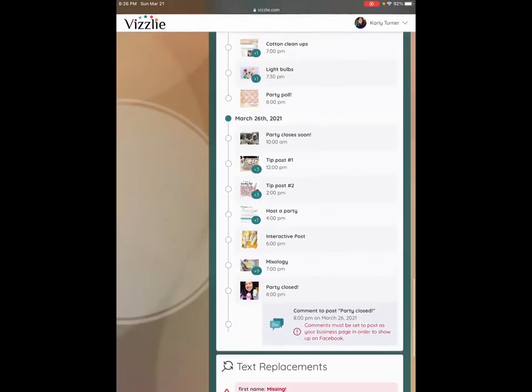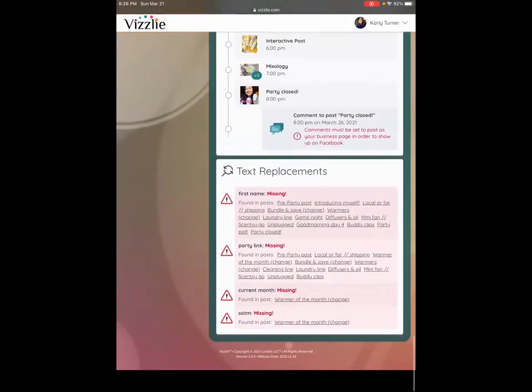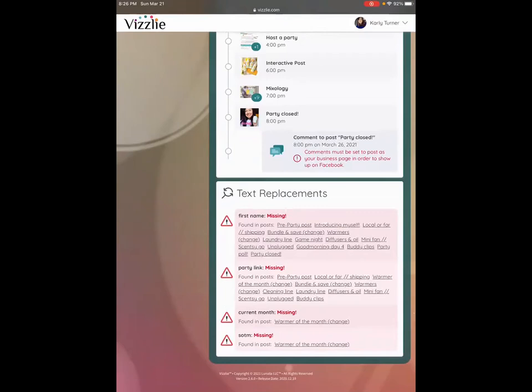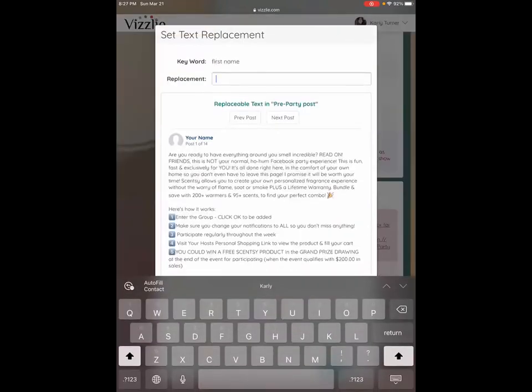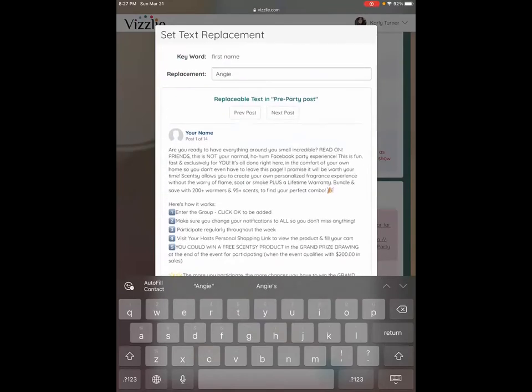Now, here's where the greater than and less than signs come into play. See where it's saying text replacements. So this is the Wickless Rays. So I'm just going to go ahead and use Angie's name. And so we're going to say this is Angie's party. So as soon as I hit Angie for first name,